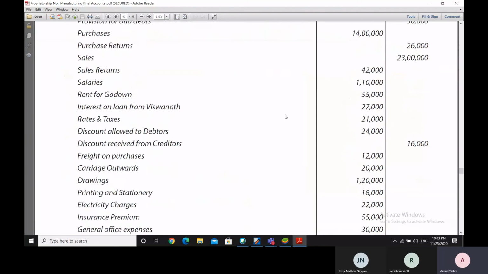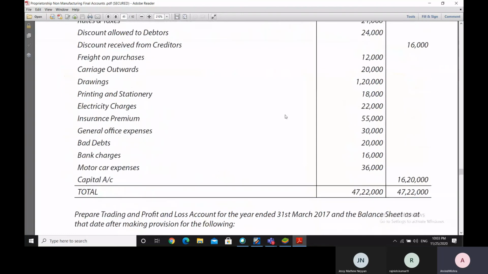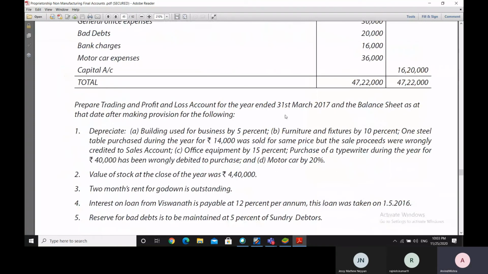In a way, what we are being given here is a trial balance, and we have to prepare the trading and profit and loss account for the year ended 31st March 2017, and the balance sheet as at that date also. But before that, we have to make certain adjustments. Making provision for the following means we have to make those adjustments, like